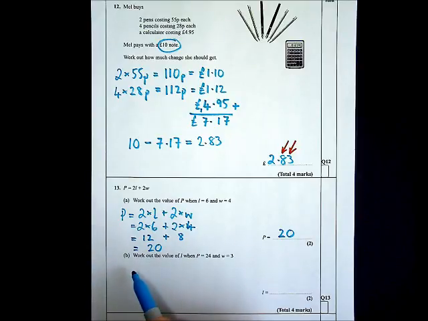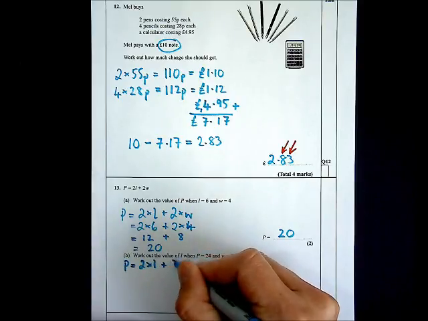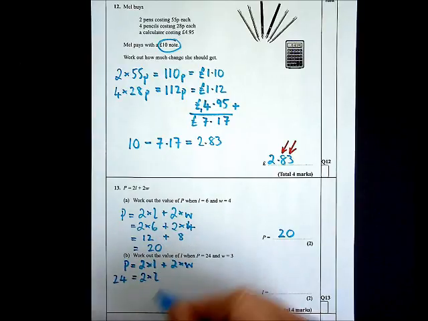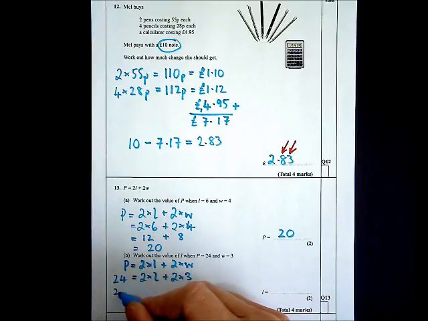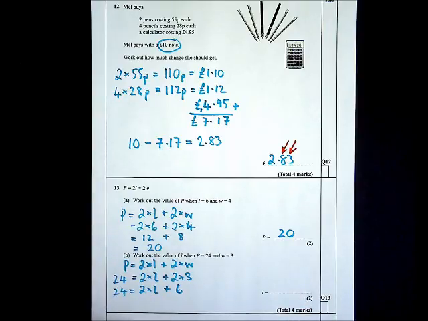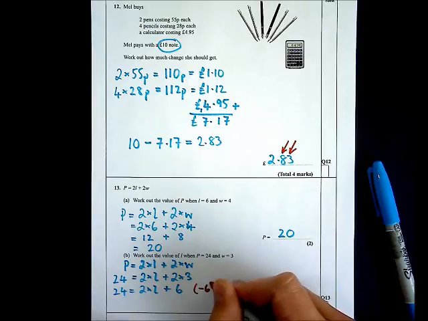In part B, I'm asked to work out the value of L when P is 24 and W is 3. So again, I've got my formula, which is P equals 2 times by L plus 2 times by W, and P is 24 this time, so I've got the left hand side of the equation. I know L is what I'm trying to work out, and I need to add on to that 2 lots of 3. So 24 is equal to 2 lots of L plus 6. Now I can either do this by observing or by solving the equation, but I'm going to take away 6 from both sides,